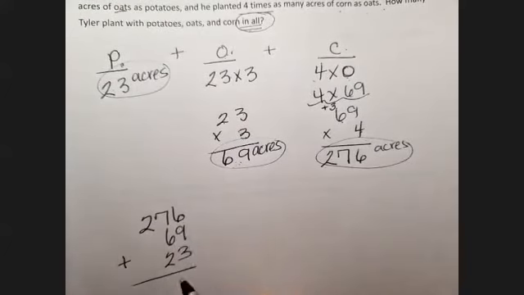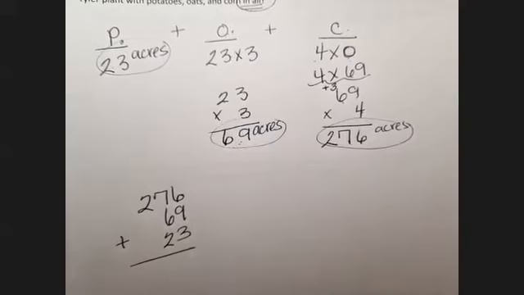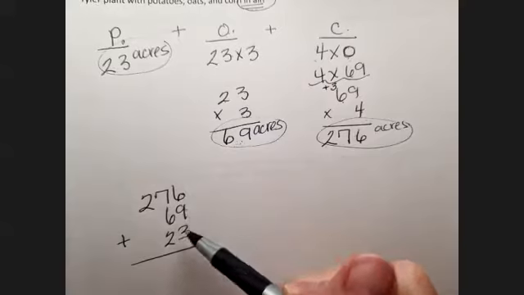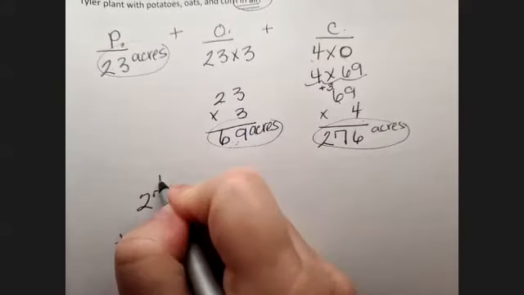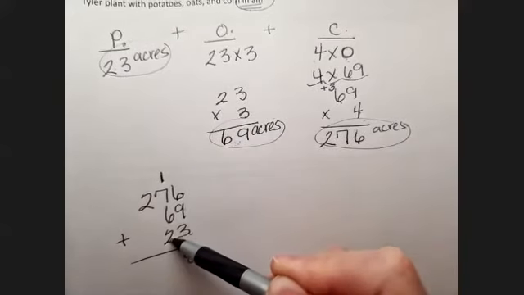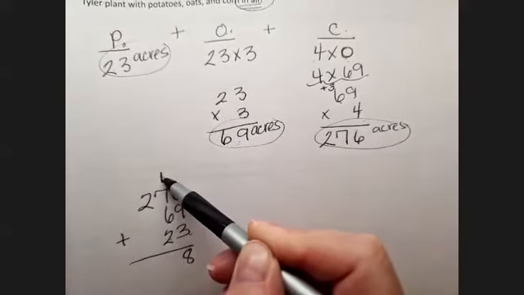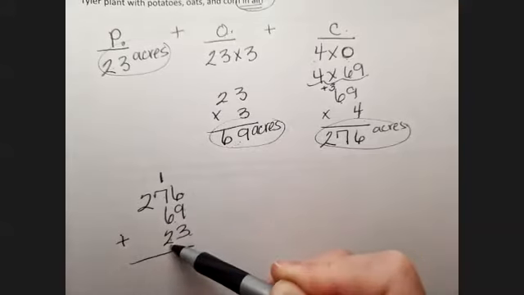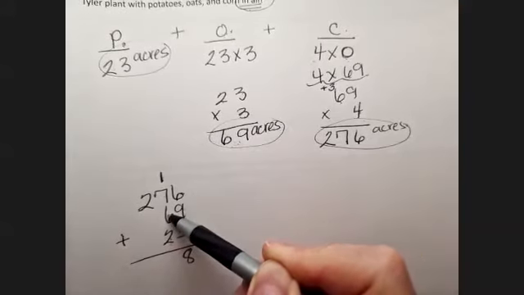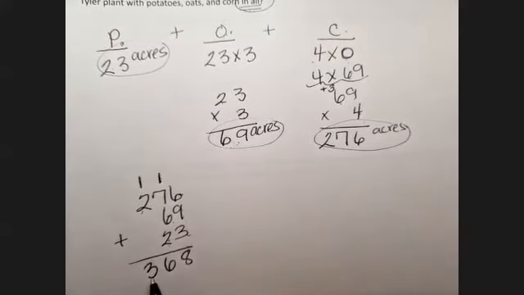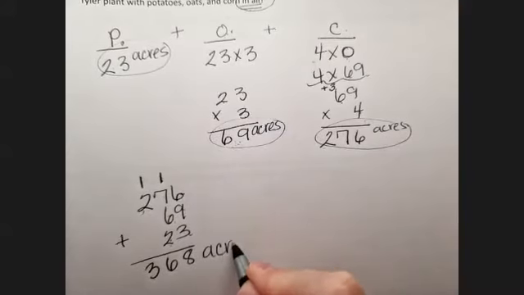If it's too challenging to add the 3 numbers together, you could do 2 and then do the final one. So let's see, I know that 6 and 3 is 9, and 9 and 6 is 15. If you know your multiples, that wouldn't have been too difficult. I know that 7 and 2 is 9, plus 1 more is 10, and 10 plus 6 is 16. So notice how I saw some facts that I knew to kind of make it 10. 7, 1, and 2 is 10, and 6 is 16. Carry the 1, bring down the 6. 2 plus 1 more is 3, so 368 acres of